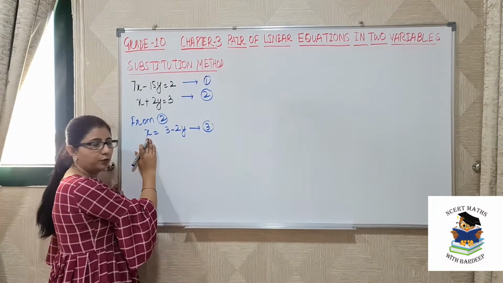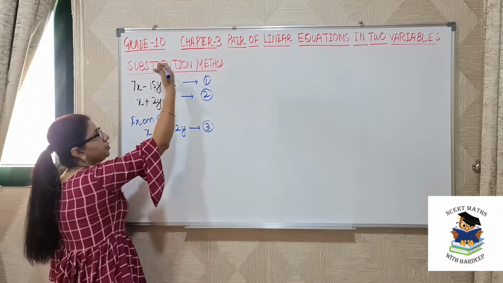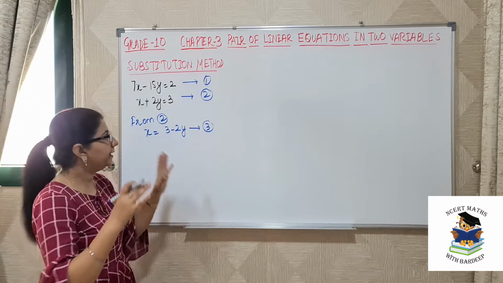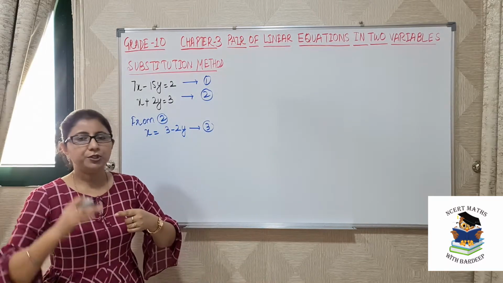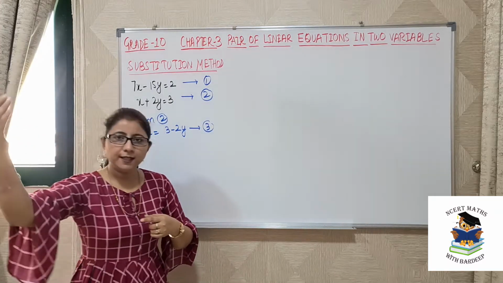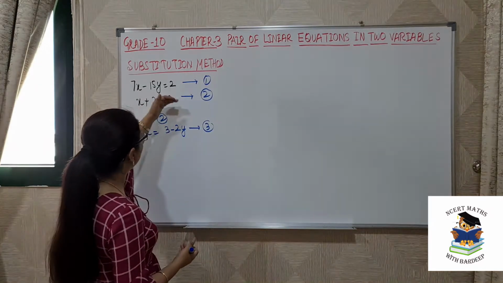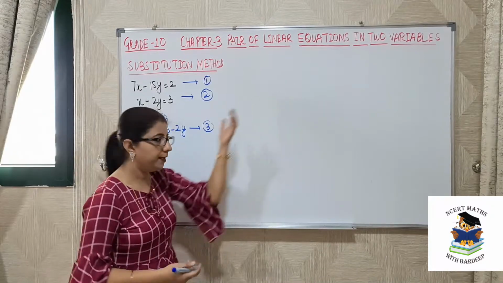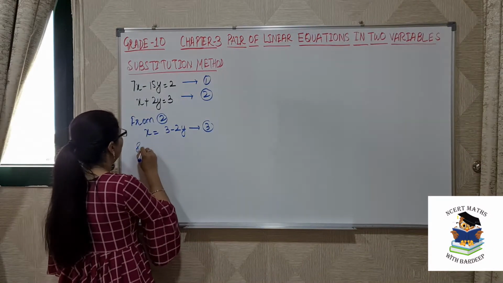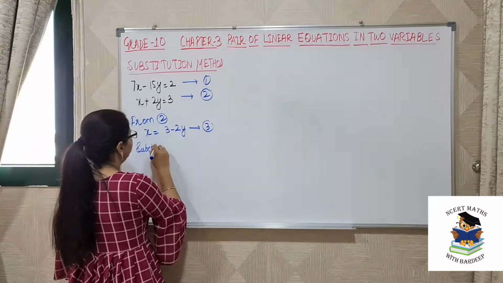Put the value of x in equation 1. So always make sure that you will find the value from one equation and substitute in the second equation. Here I have found the value from 2, so I will substitute in 1. So we will say substitute, or put whatever you want,